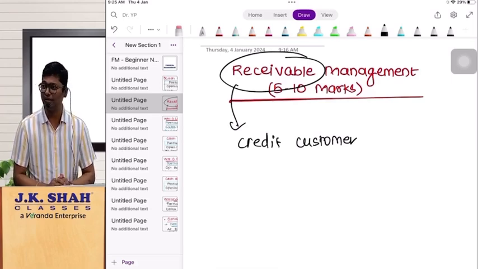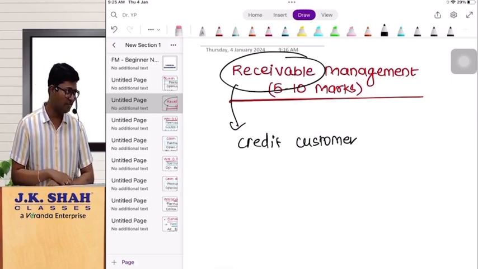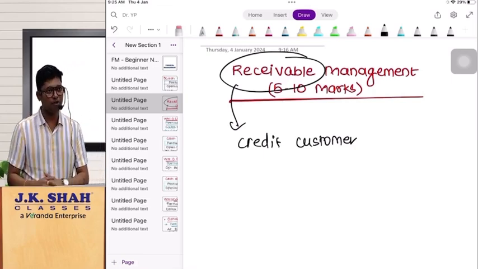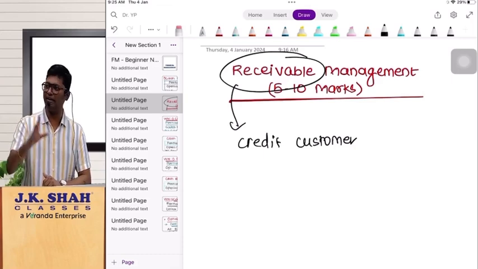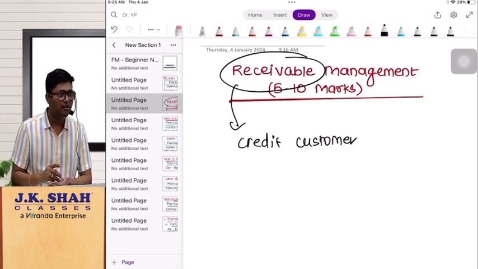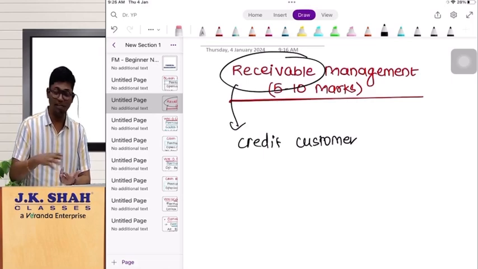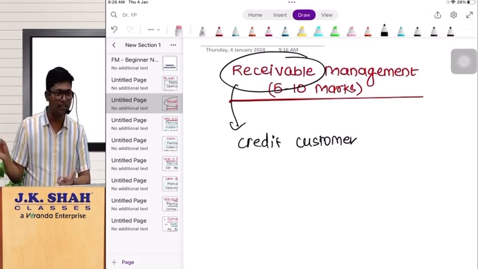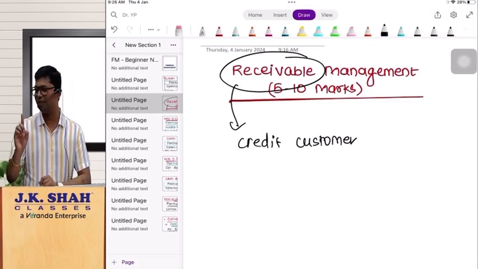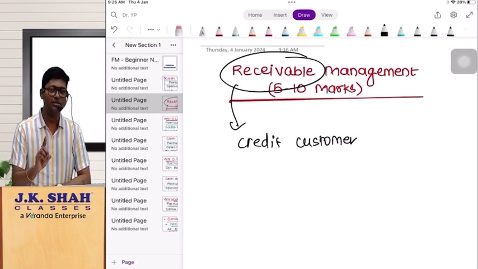Many students are there, and generally I have experienced this because I have been in the coaching class industry for a long time. If you give this kind of offer to students, students will come sincerely and attend the lectures, but on the date of payment they will become untraceable. Untraceable means their phone is off, their DP is gone, everything has vanished. In that case, it becomes very difficult to recover the money from the customer. That means if you want to attract more customers,